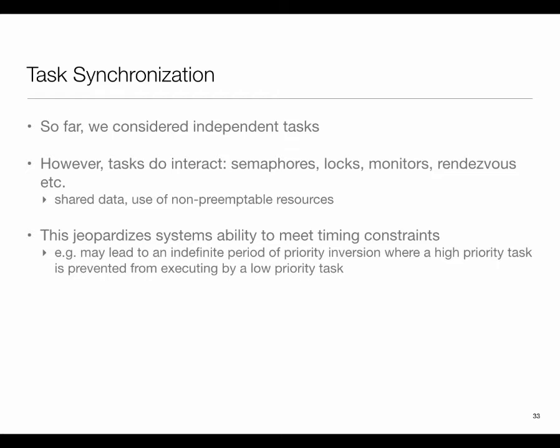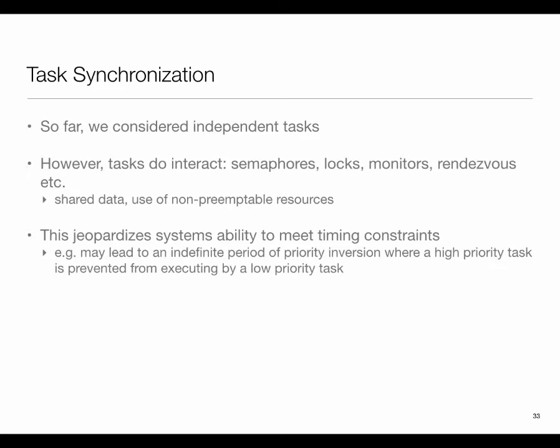Thus far, for a task, I only had to worry about waiting for interference from higher priority tasks. But now I have a second source of problems. I may hit an instruction where I need a resource, but that resource has been hogged by some other task. Worse yet, this task may be a low priority task, which happened to have received the CPU and entered the part of the code where it took the resource. So now I may have additional waiting time that I have to factor in, and that will affect my ability to meet the deadline.